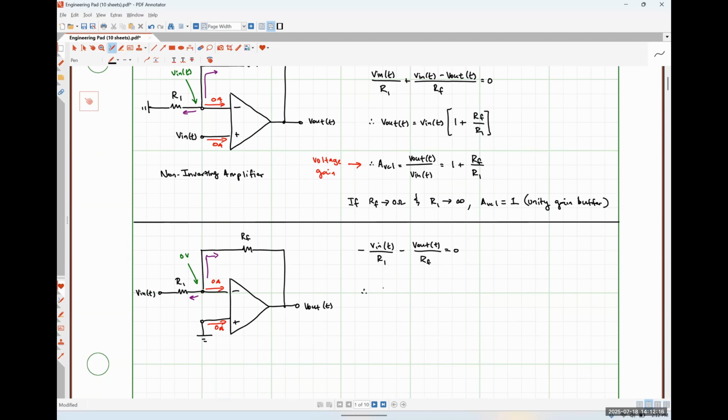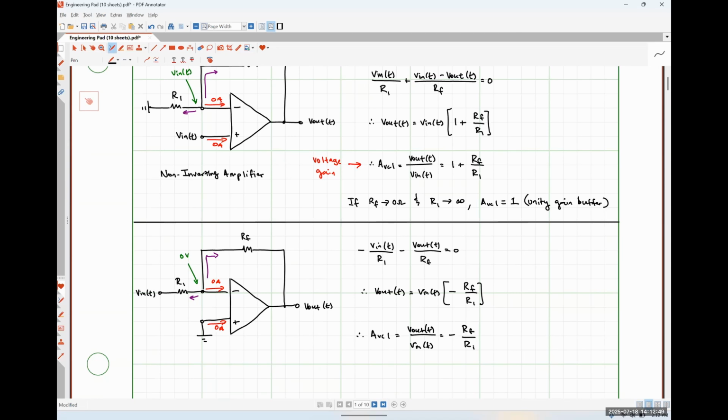And then rearranging this, we would get the relationship that V out is simply Vn times a factor of negative RF over R1. And our closed loop voltage gain for this system, which is always just going to be the ratio of V out divided by Vn,